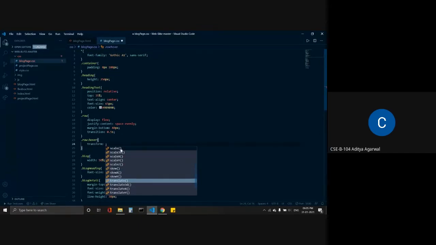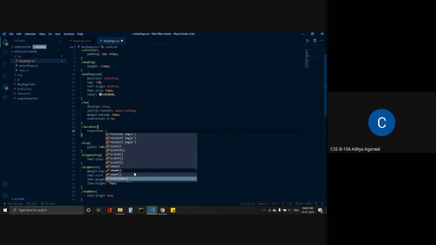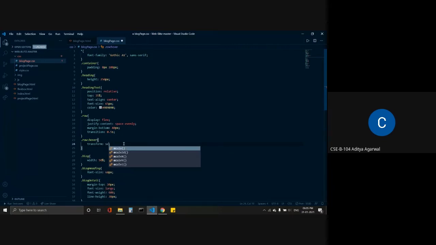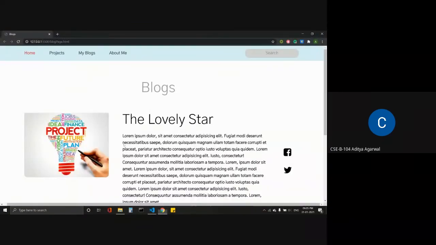Scale means we can enlarge it. We can rotate it. There are multiple. So I will use the scale property. What the scale property does is it enlarges by the number of times we give inside the bracket. If we enlarge this by 2 times, then see what will happen.